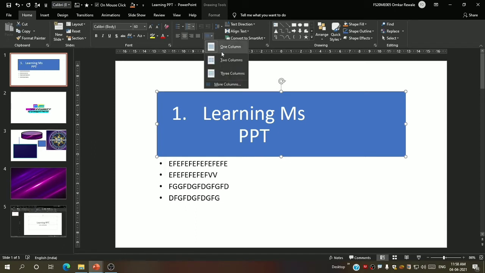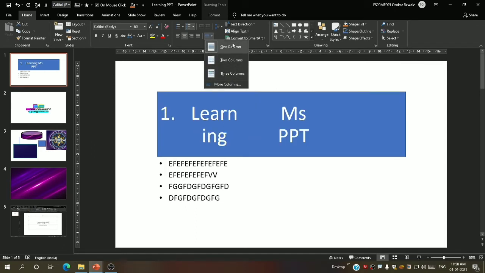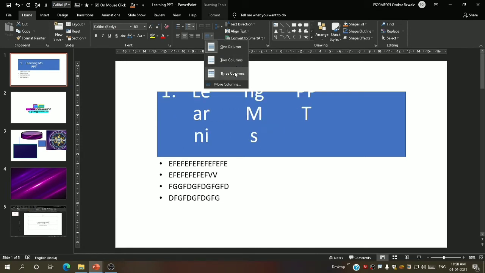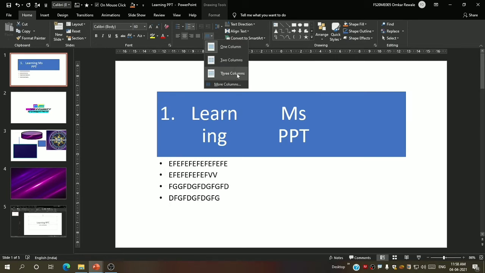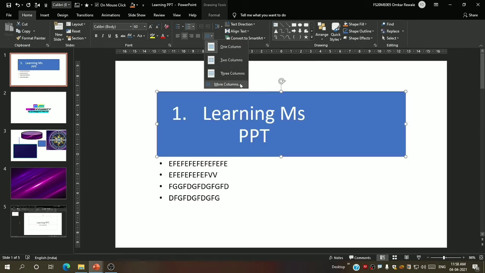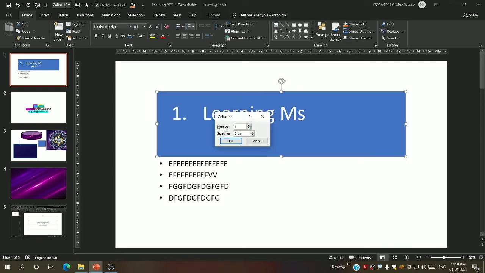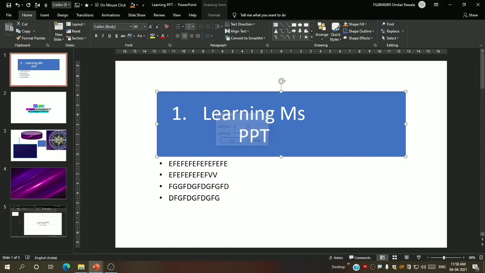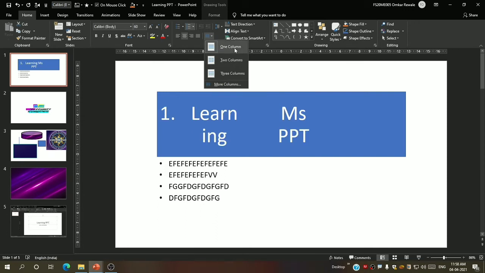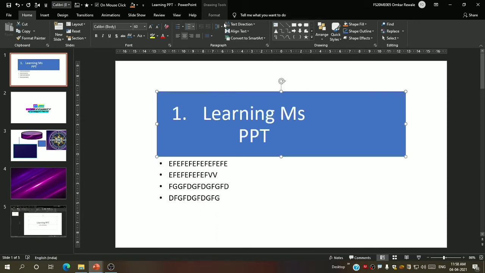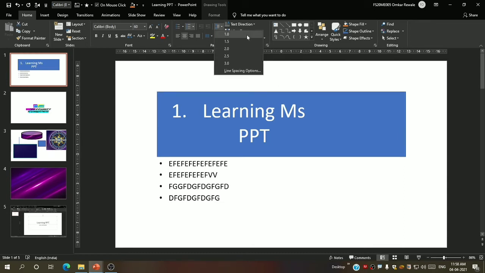Now these are the columns. This decides the columns. You can see one column, two columns. This option we also use when we write some big paragraph. You can also take from here the column numbers, how many columns you want, how much spacing you want, and then you have to press OK. But we do not use this, as these are columns. This is only used for the big articles which we write.